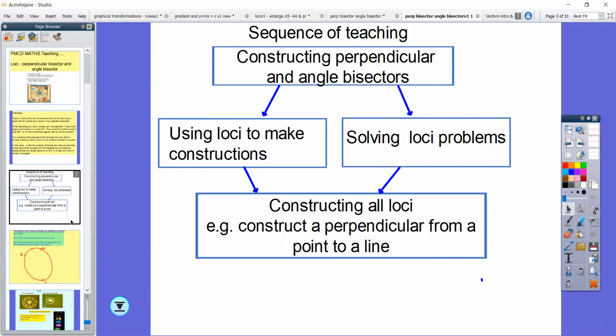And finally, constructing all loci. That's all the ones you'll need for GCSE. And things like constructing a perpendicular from a point to a line, having 2 points and constructing a perpendicular bisector between those 2 points on the line as well. Okay, so